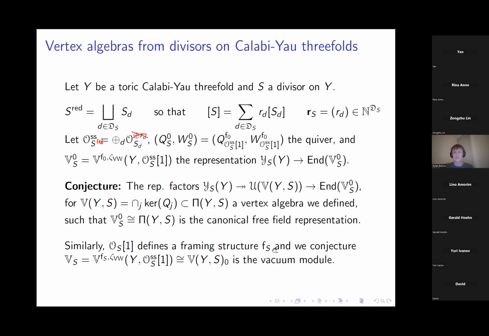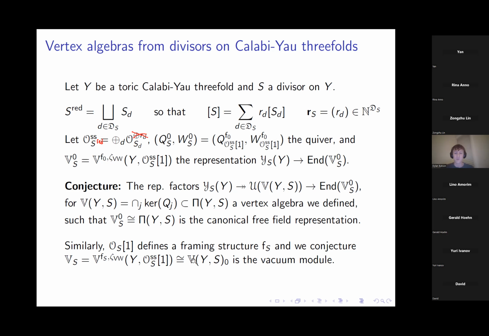So that defines a framing structure as well, a distinct canonical framing structure in this setting. For example, if you took the divisor to be the rth order infinitesimally thickened C2 inside of C3, then the framing structure would require an isomorphism with that, and that would lead to this principal nilpotent endomorphism on the framing vertex, as in the Chuang-Kreutzig-Diaconescu-Soibelman paper. Generalizing their results, it's natural to conjecture that if you pick this framing structure,